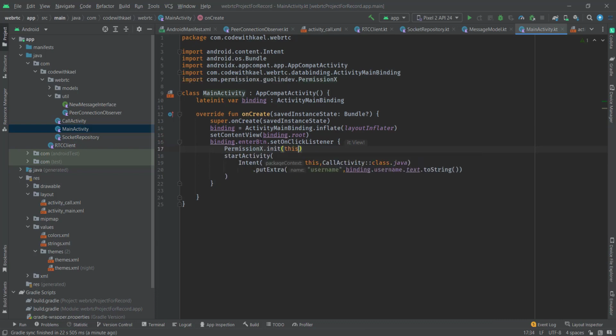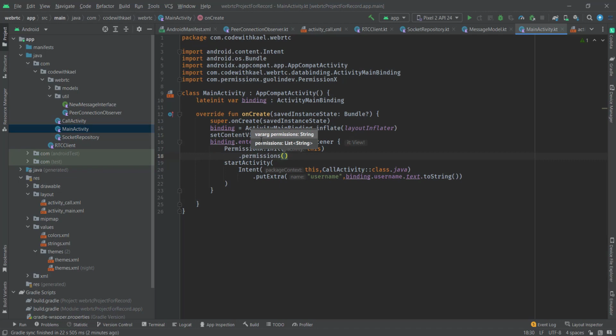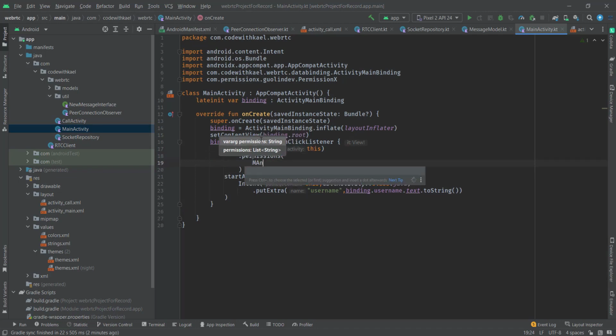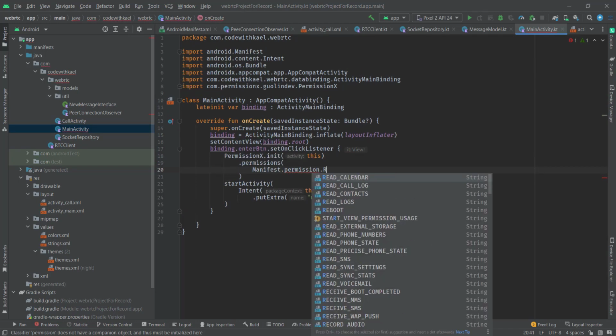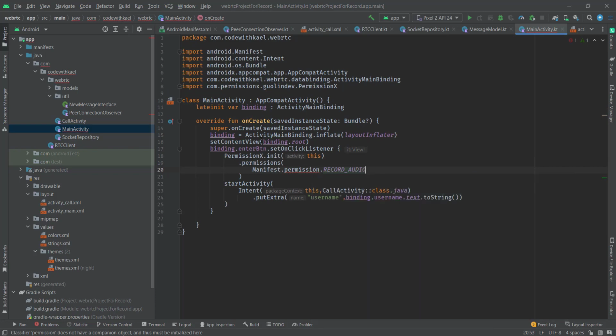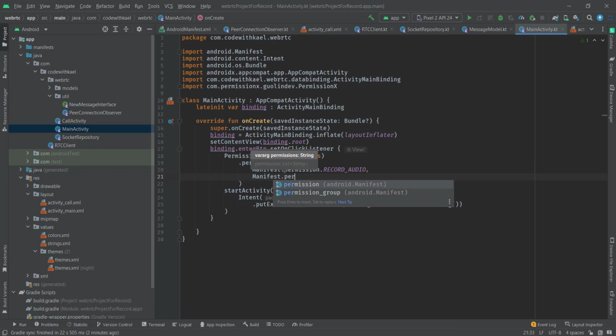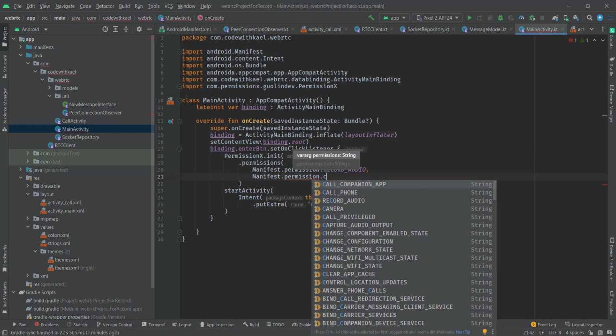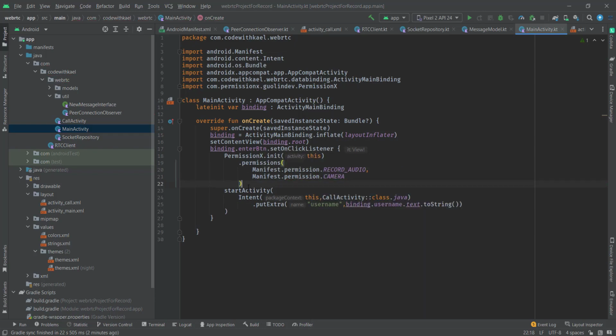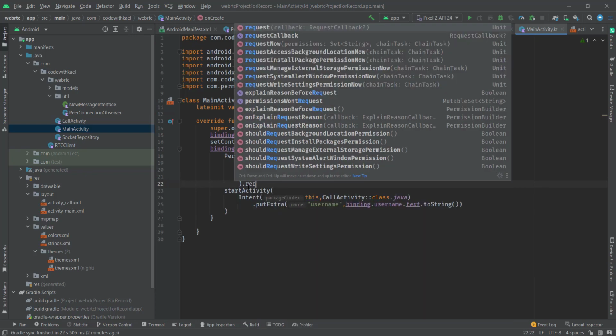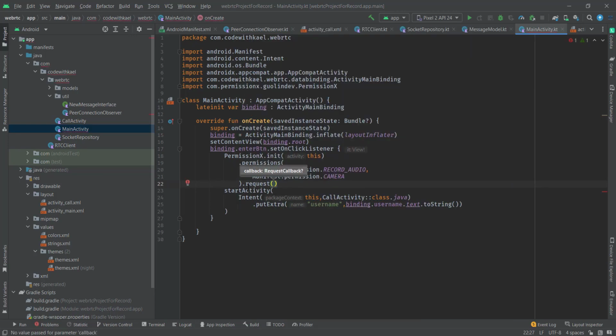I'll initialize this first, and after that, I'll give the list of permissions to it like this: Manifest.permission.RECORD_AUDIO and Manifest.permission.CAMERA, and after that I'll request for permissions, and